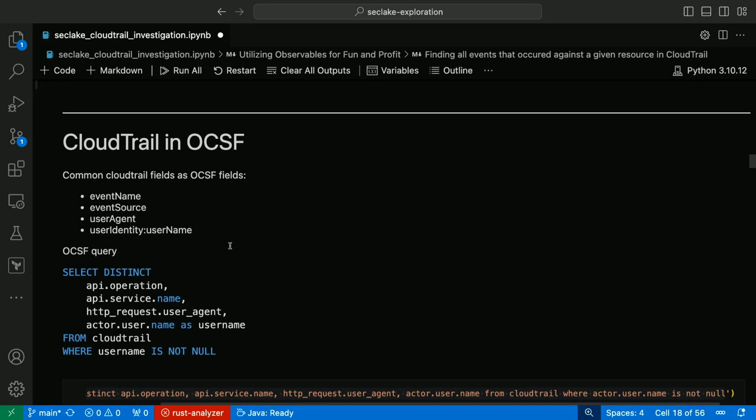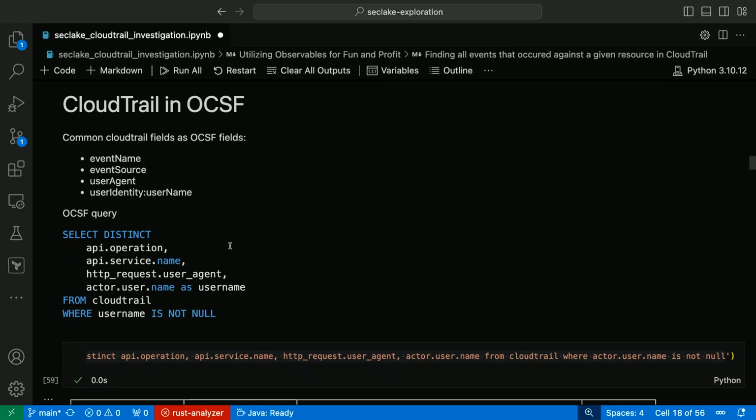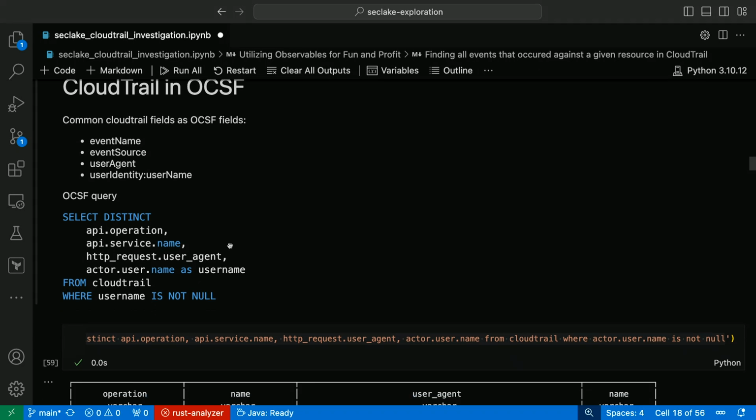But the next part is, let's look at one of those, right? A familiar one that's probably familiar to a lot of people in the room is CloudTrail. So how does direct CloudTrail querying compare directly to OCSF? So what I did here is I just picked four super common top level fields: event name, event source, user agent, and then the username of an identity principal. And what you're looking at here is what the OCSF query ends up looking like. So one thing to take away from the talk is that OCSF has these, I believe they're called containers, but they're really just structs or objects, top level fields where it classifies certain field types.